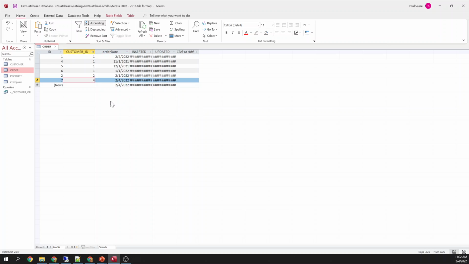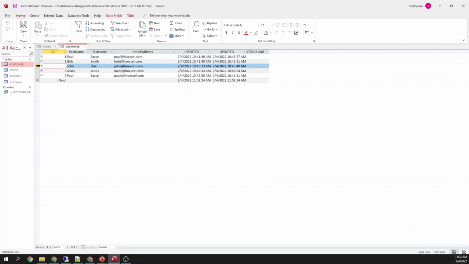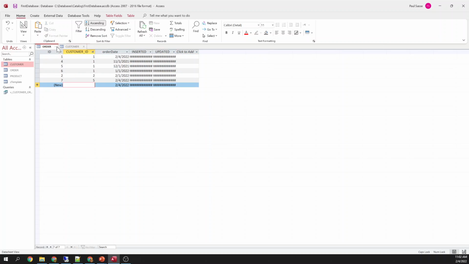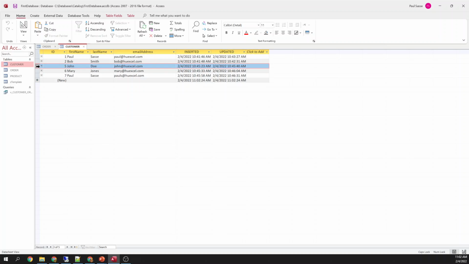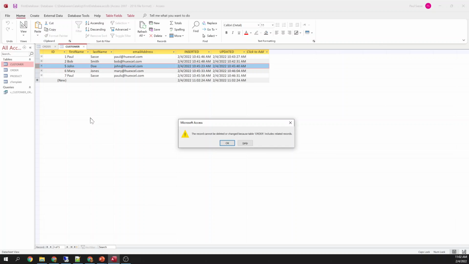Now let's make this 4 instead. 4 also does not exist. 5 does though. Okay, so this order is for customer 5, which is John Doe. The other thing that your referential integrity does, if I try to delete John Doe, it will tell me